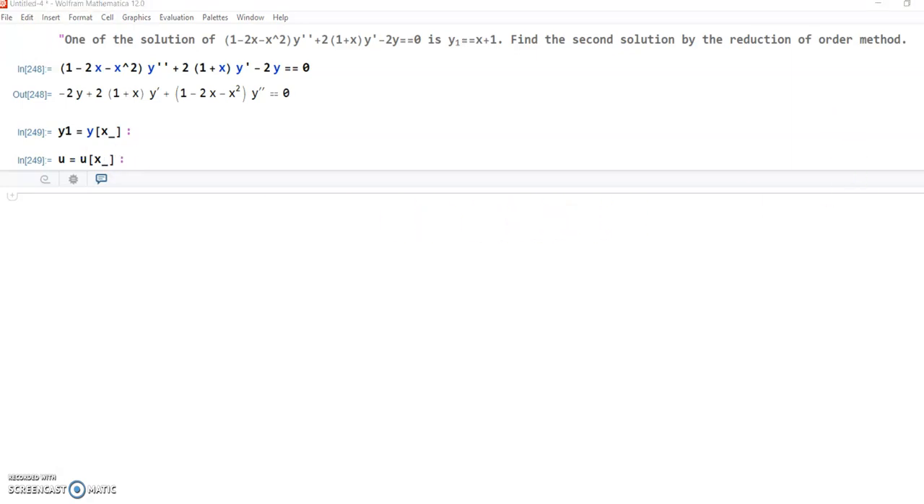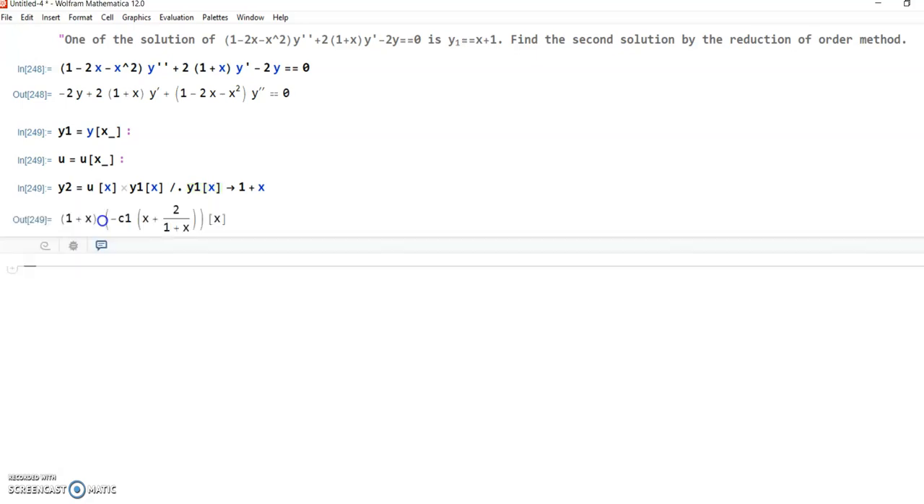Now let's take function y2 as this, because for the reduction of order the function y2 will be equal to u times y1. Okay, and we know that y1 is equal to 1 plus x, so we replace the function y1 with 1 plus x. Okay, so in this way we will get this kind of output over here, which is a little bit